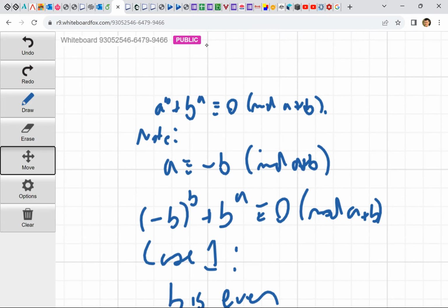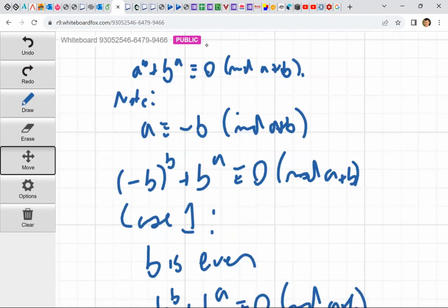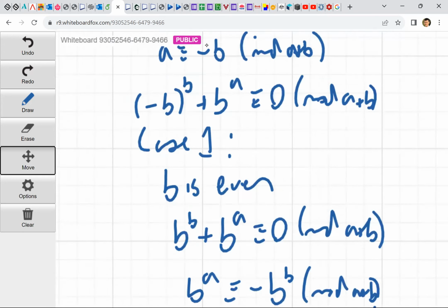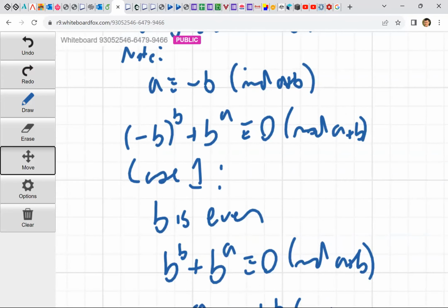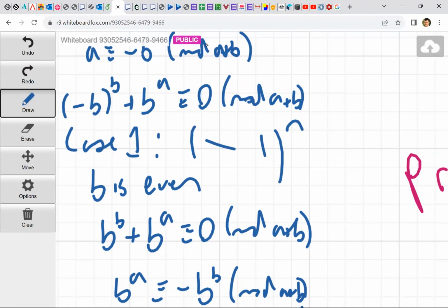Yeah, so let me summarize this. We first assume that a to the power b plus b to the power a is congruent to 0 mod a plus b. The first step is the important fact that a is congruent to negative b mod a plus b. We need to see why this is true. It's pretty trivial, and then we just substitute that here. So negative b to the power of b plus b to the power a is congruent to 0 mod a plus b. And the motivation for considering the two cases is because negative 1 to the power n is